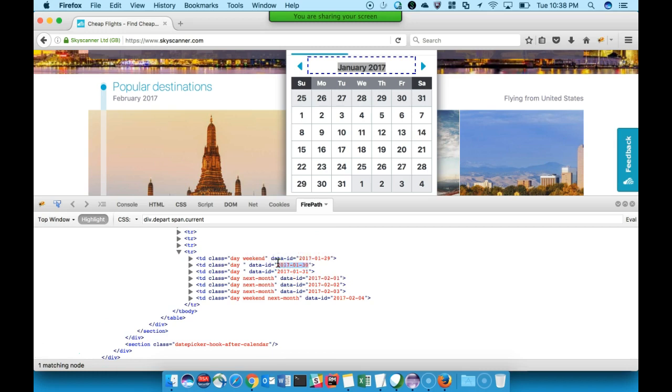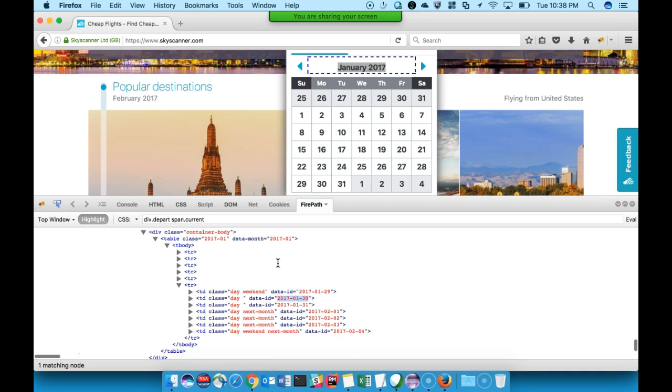What we want to do is, whatever date we want to find out, we are going to take the collection of all the dates which are currently displayed over there. Once we get that, from that collection we are going to apply the for loop and pick up every single date and check whether the date ID of that date is equal to whatever we want.